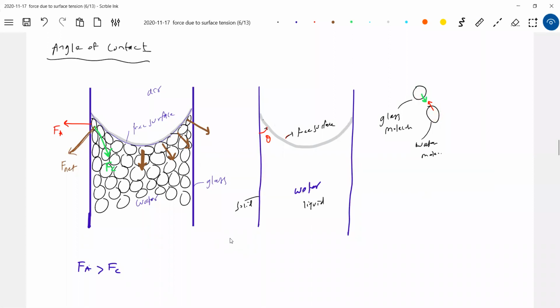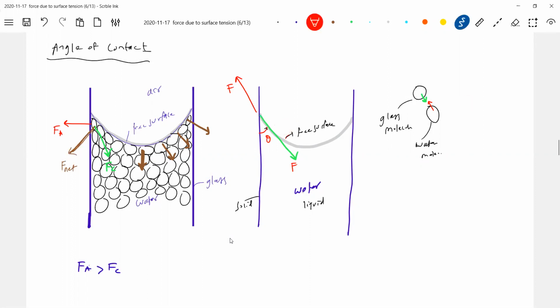So I'm interested in this. I'm showing it like this here. And what about red color? The red arrow you have to show in this way. And tell me, what is this F and this F? Force by the glass on the water molecule, and force by the water molecule on the glass. So everywhere, it's not a plain diagram. Try to imagine. What do you get? You get a curved surface, like a cup. It will come like a cup.